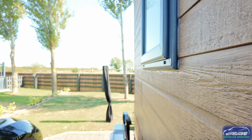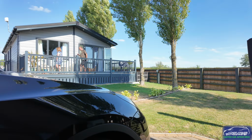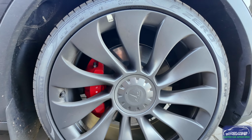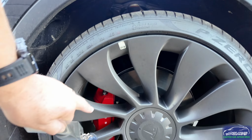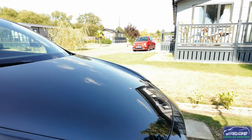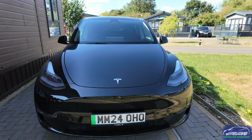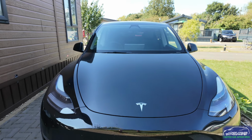But let me just show you the wheels, because they are completely different to mine. Obviously, being the Performance, you get these aero type wheels, and again red calipers. But again, from the front, the Model Y looks very samey, just more bulbous, if that's the word. But yeah,